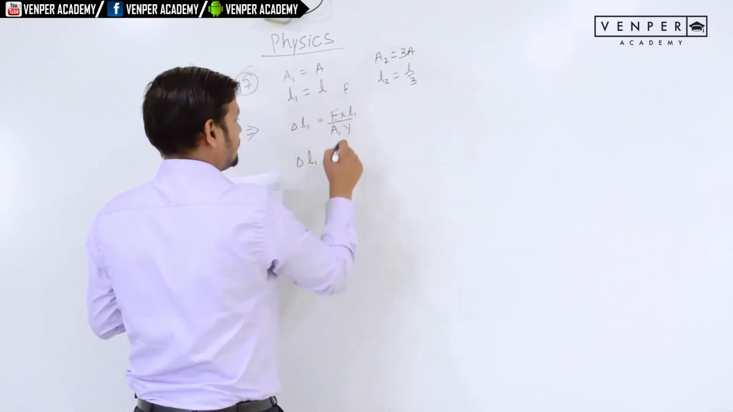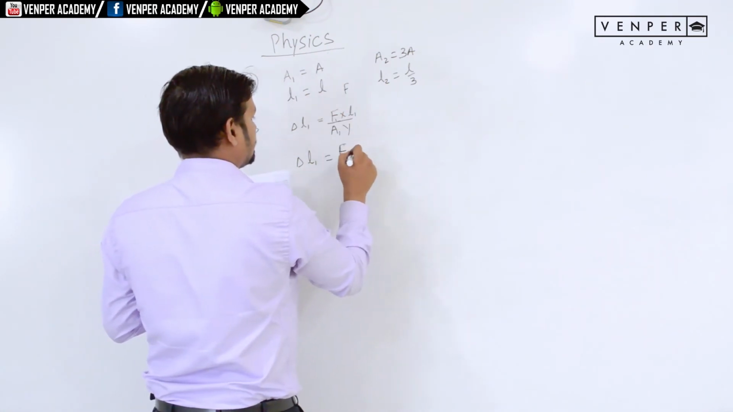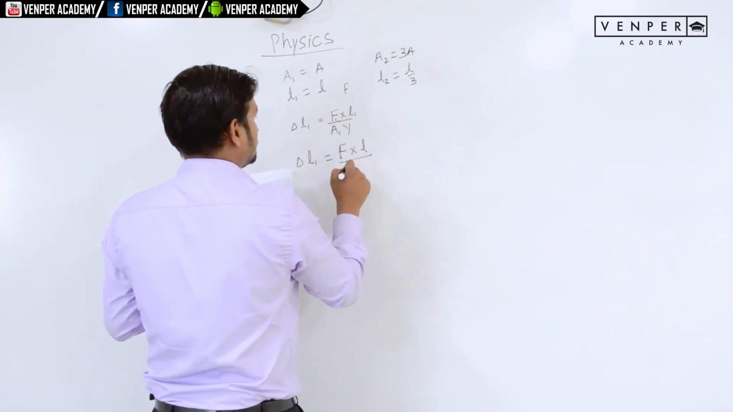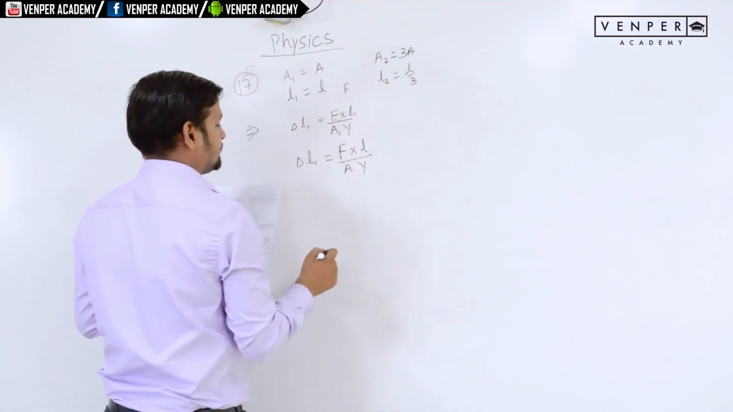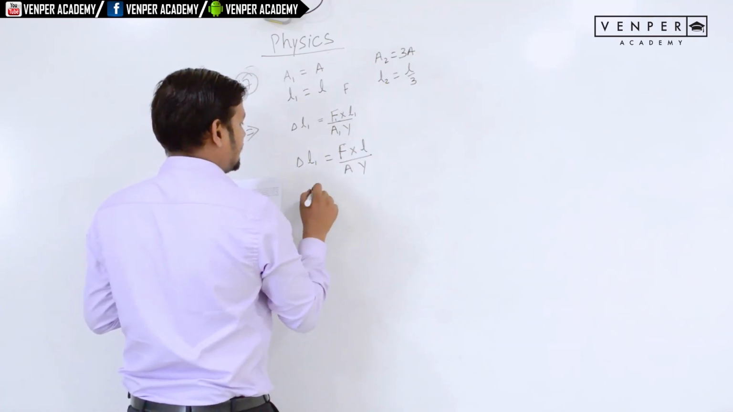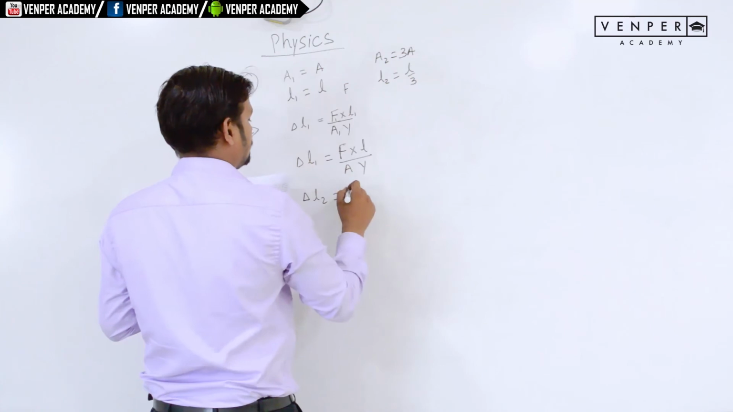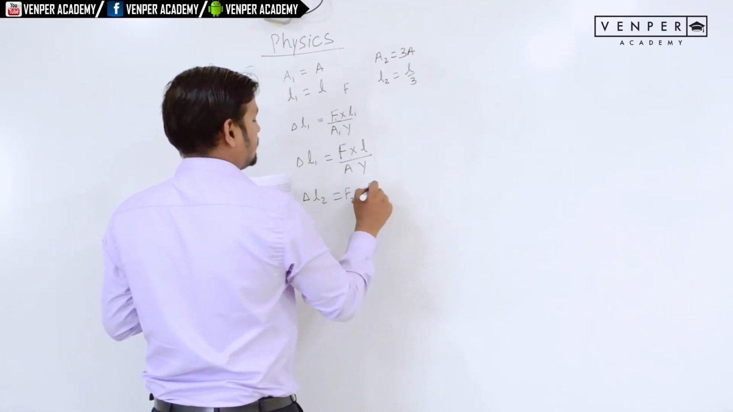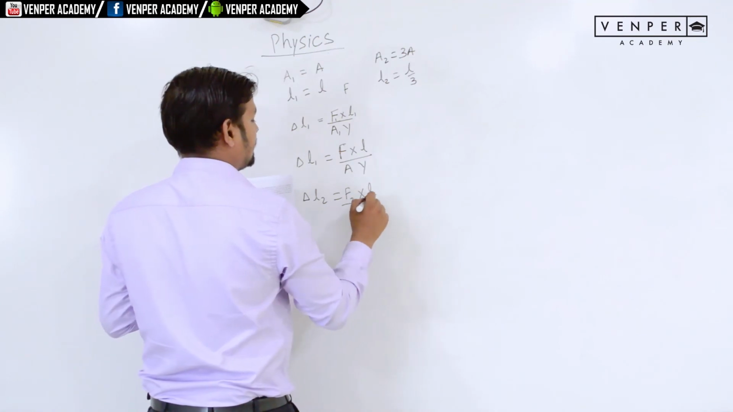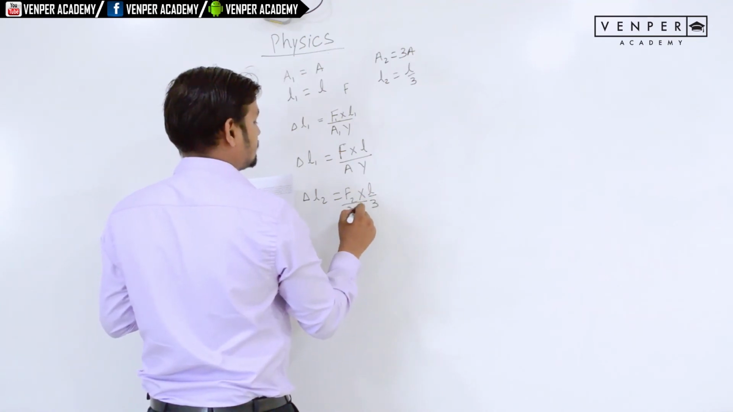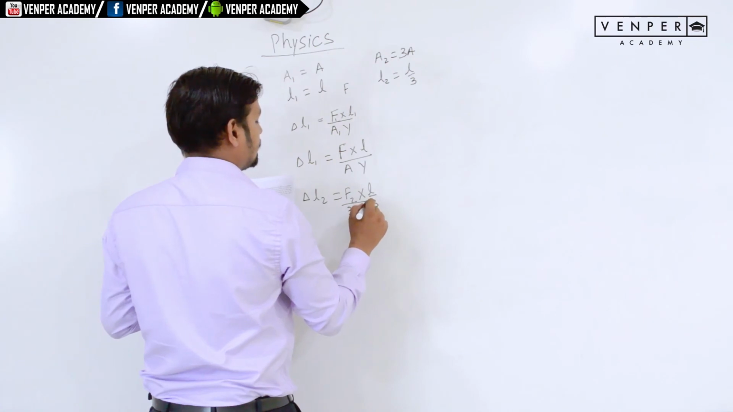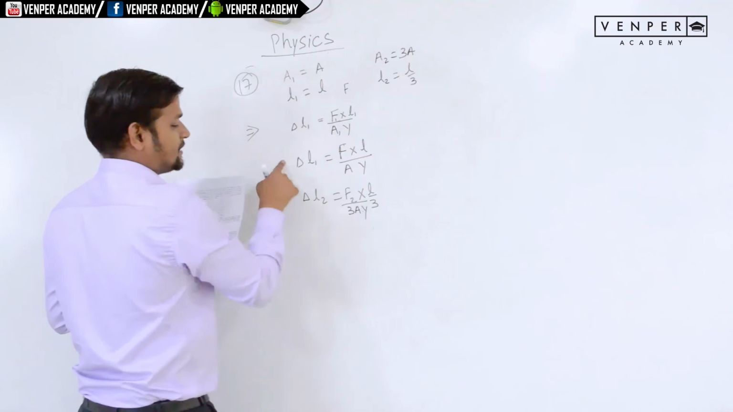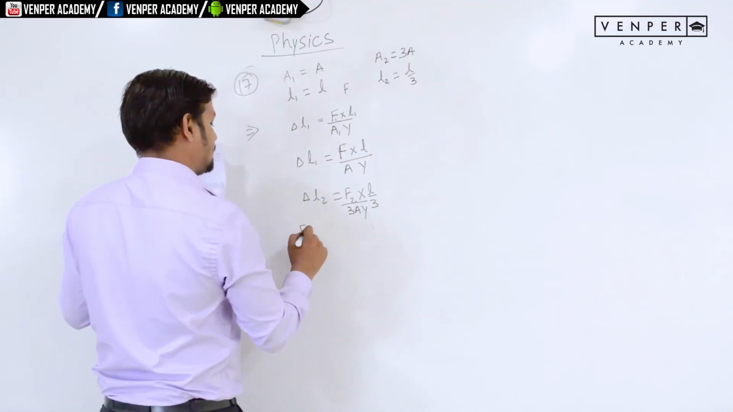That force is F, so this is F into L1, where L1 is your L, A1 is A, and this is gamma. Similarly delta L2 will be equal to F2, we have to calculate that F2 only, L2 is L by 3 divided by A2, which is 3A into gamma. Clear? If these two quantities are the same, then what can you say, that F2